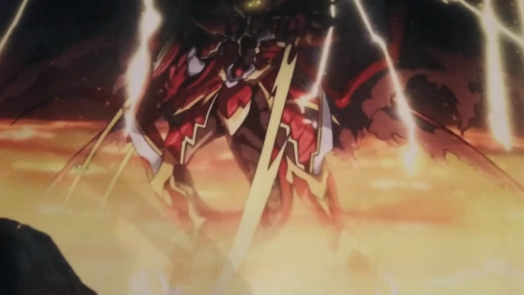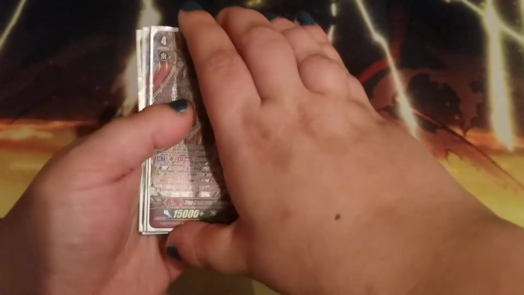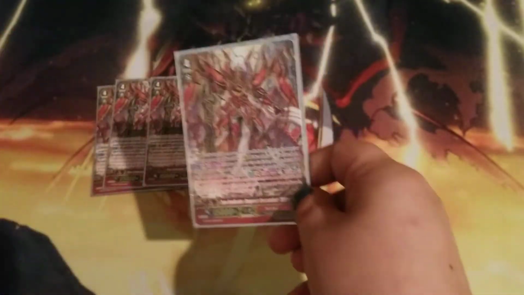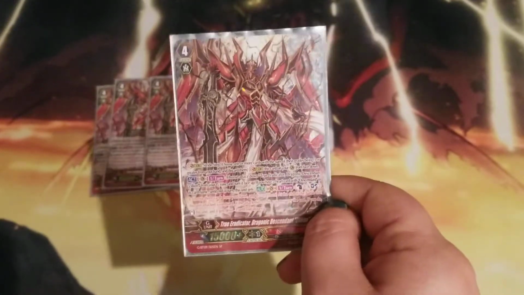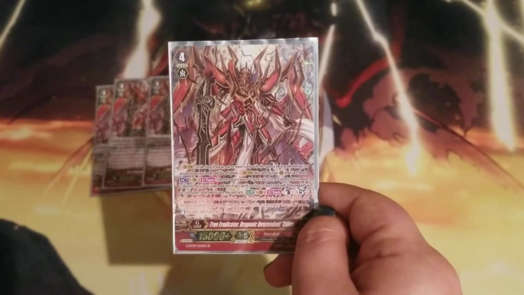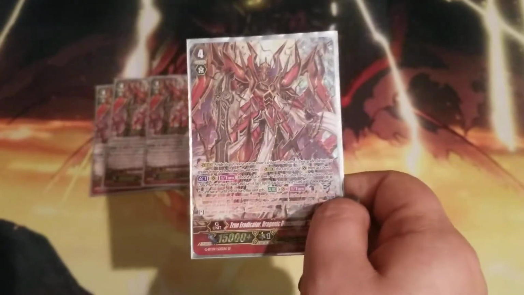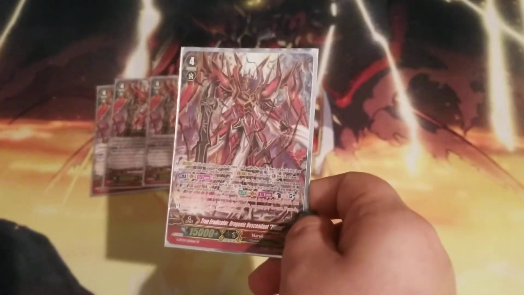Oh, but next up, we have 4 True Eradicator, Dragonic Descendant Zilean. Dragonic Descendant is in the future, in which he turned to ultimate form and became this super overpowered dragon. What he does is he kind of has his original descendant skill, but it's not one to turn. What I mean is, when you play him you flip a persona, and when he attacks, if the attack does not hit, you can